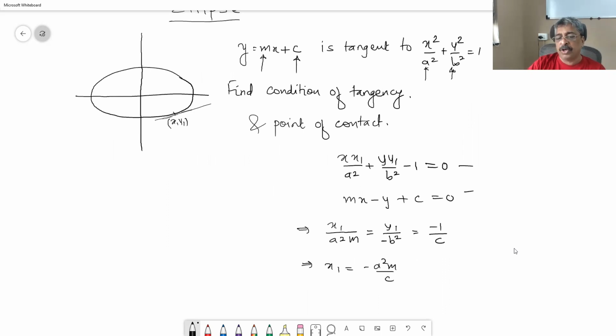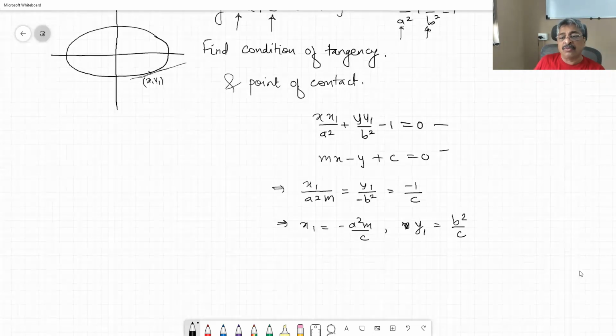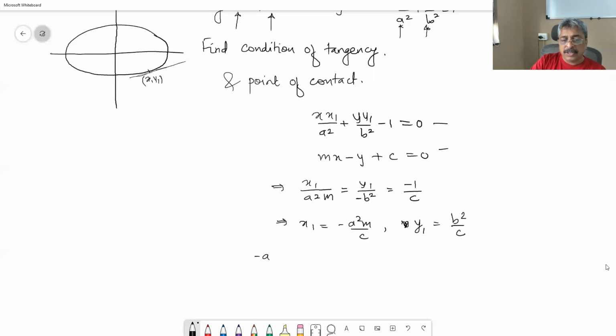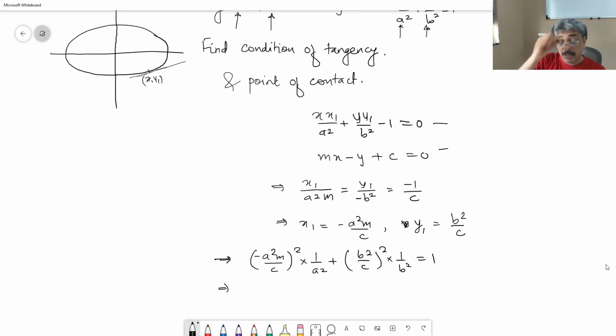So, in this way, you get the point of contact first and the condition for tangency later. y1 is equal to b square by c. Now, how are these x1 and y1? They are on the ellipse. Therefore, they satisfy the equation of ellipse. So, minus a square m upon c, whole square, into 1 upon a square, plus b square upon c, whole square, into 1 upon b square is equal to 1. This must be satisfied, and that is what will give us the condition